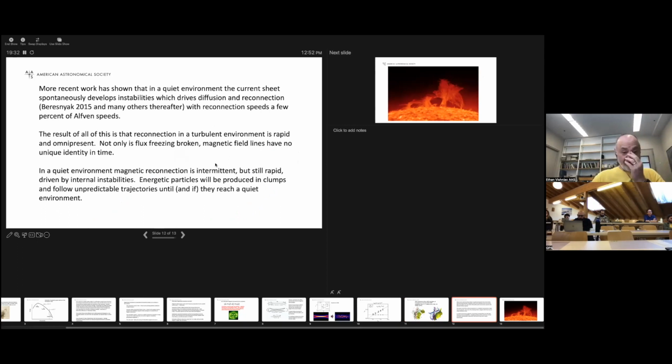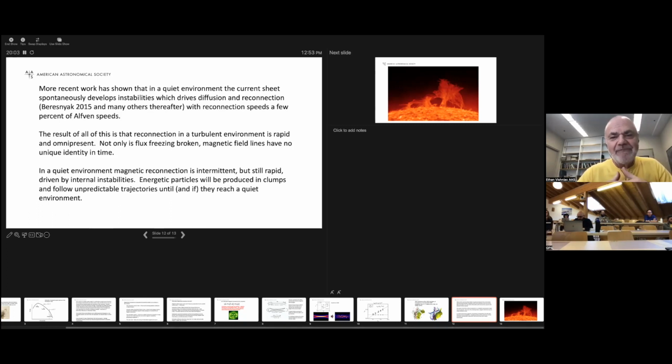So work on this has gone on. There's been some very interesting work based partly on an idea by my collaborator Lazarian and followed through by his former student Vishniac, but then many other people looked at this, that show that if you don't have a turbulent environment at all, you just have a case where magnetic fields of opposite polarity have been pressed tightly together, that this spontaneously develops